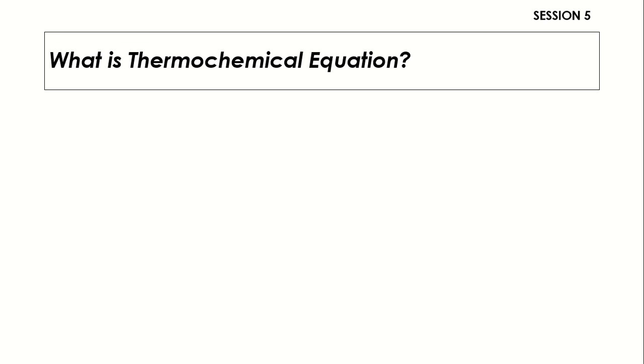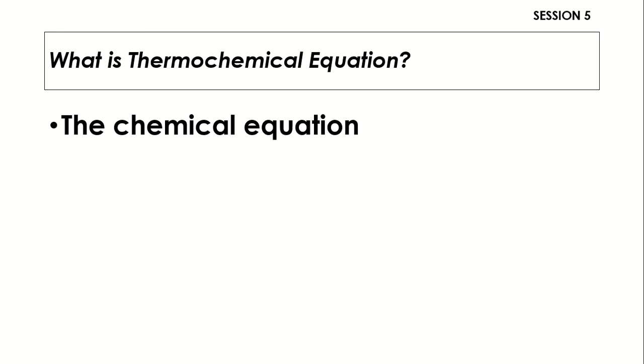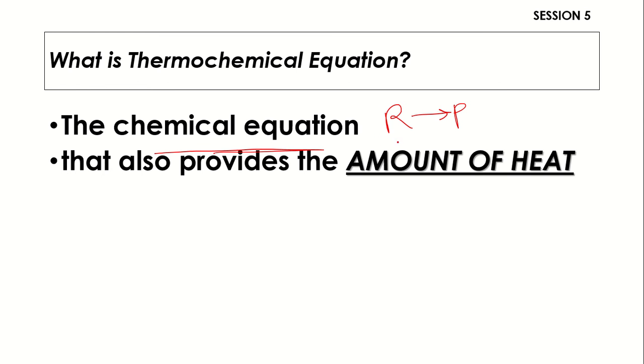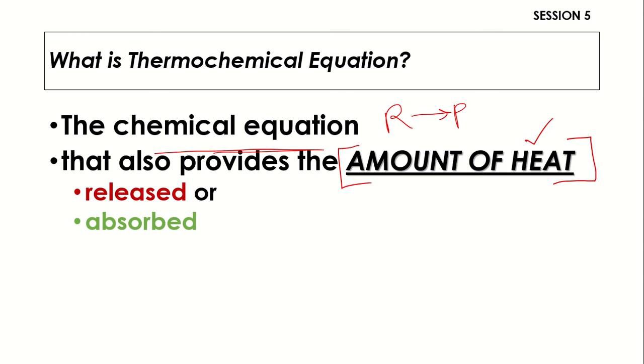Now, what is thermochemical equation? Thermochemical equation is a chemical equation that we are familiar with. So that contains reactant, and then we have the formation of products. Thermochemical equation will also provide us information about the amount of heat released or absorbed. So once again, thermochemical equation is a chemical equation that provides the amount of heat released or